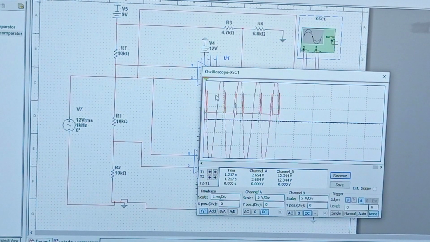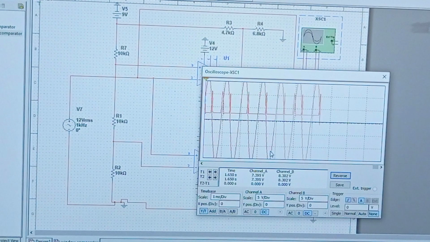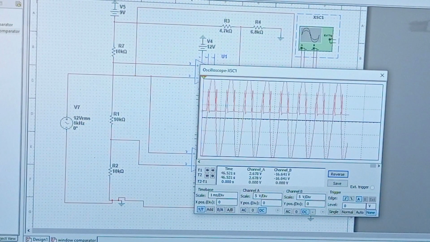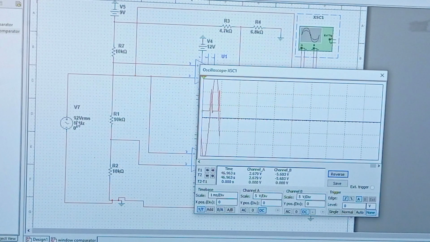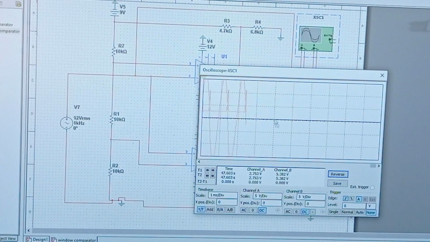The input is here, we have given a sine wave. For the given sinusoidal input, that is 1 kilohertz, this is the upper trip point and the lower trip point output for this window comparator.